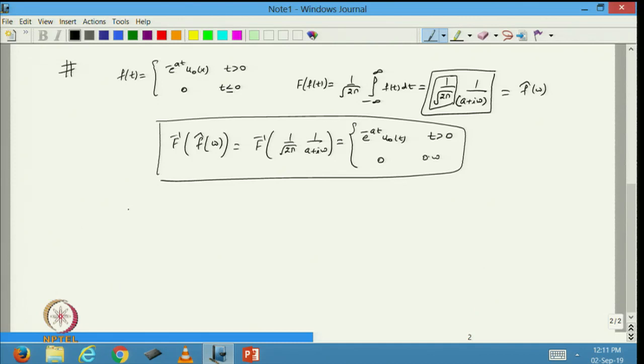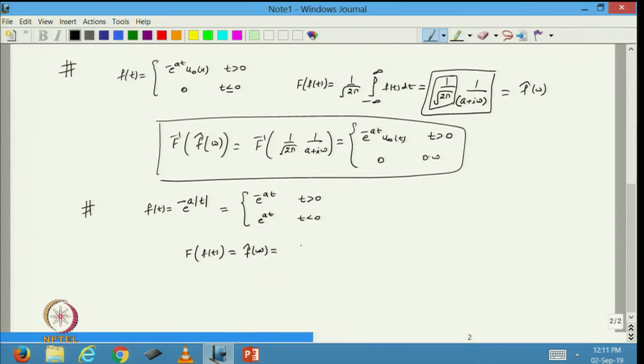Then we have also discussed that suppose I take another function, f(t) equal to e raised to power minus a mod t. In this case, this will be equal to e raised to power minus a t when t is greater than 0, and e raised to power a t when t is less than 0. So, in this case also, if I take the Fourier transformation of my function f(t), then